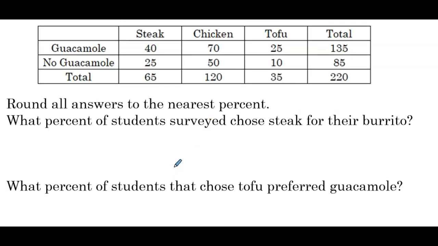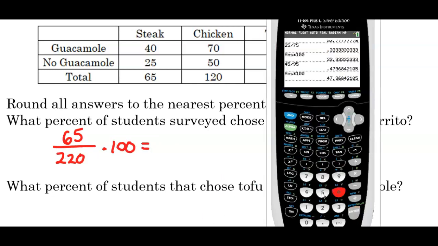Same table, round all answers to the nearest percent. What percent of students surveyed chose steak for their burrito? Okay, so we're going to do part over whole again. So percent of students surveyed chose steak. So the total number of students that chose steak was 65. The total number surveyed was 220, times 100 to turn it into a percent. So 65 divided by 220